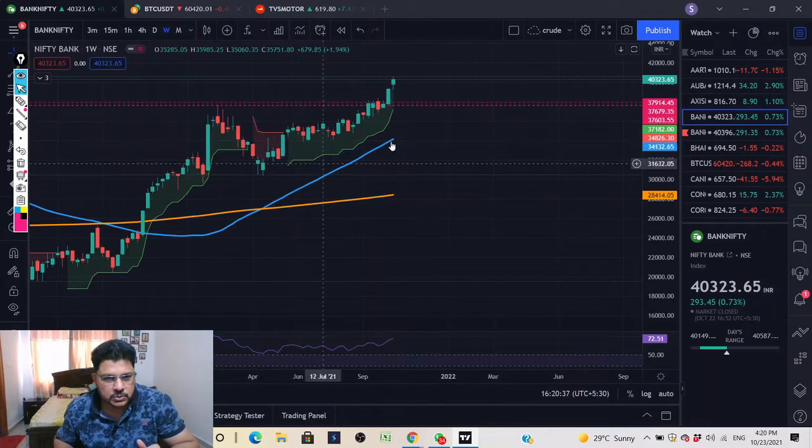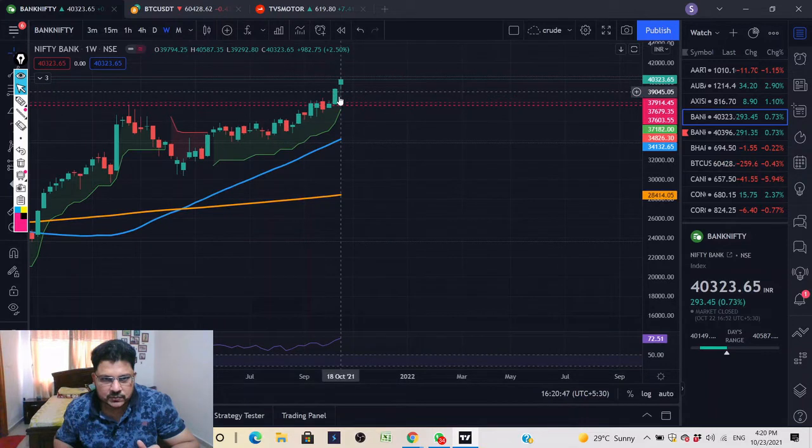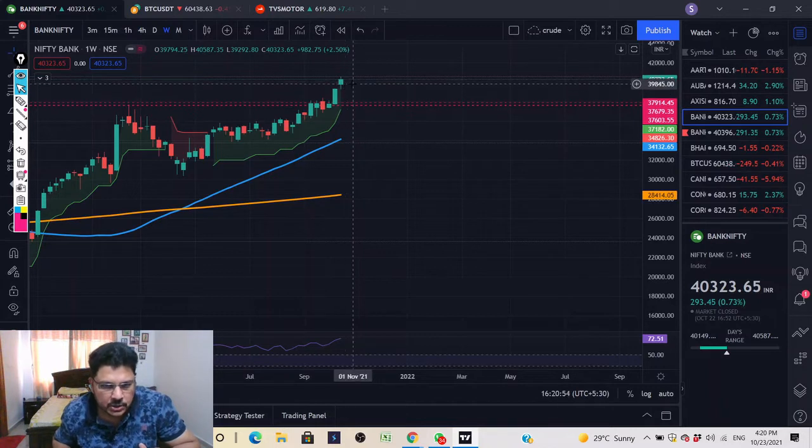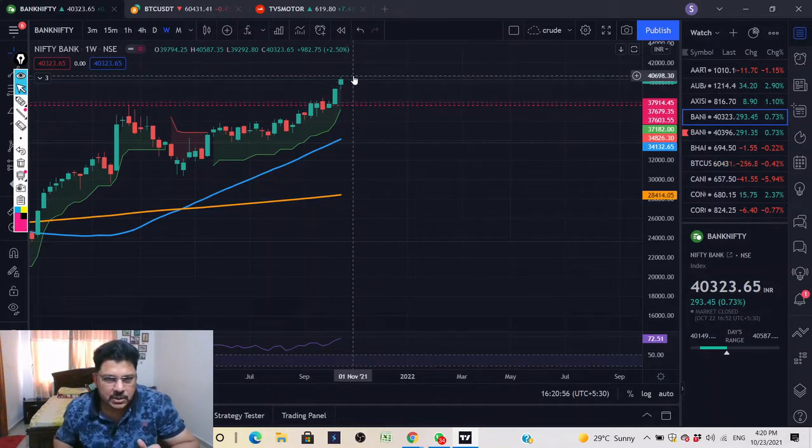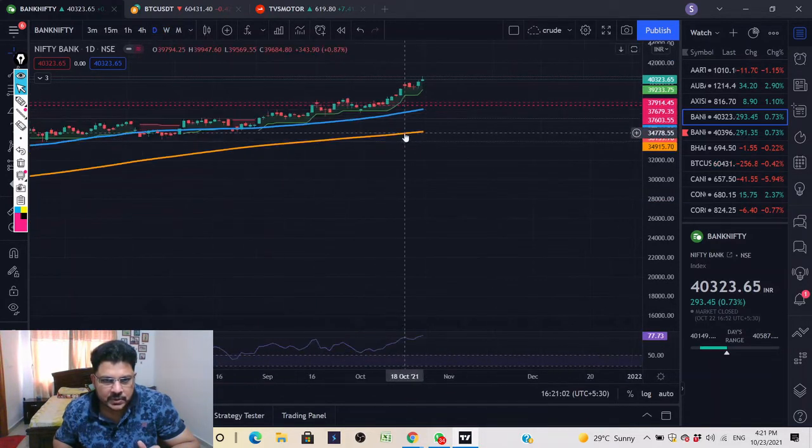Then we go to our weekly time frame. On the weekly time frame also, super trend is up and moving average is up, a similar pattern to what we see on the monthly time frame. Here there's a narrow range candle which has formed for last week, which is a kind of bullish candle, because I see the closing is pretty close to the high of the week. So let's analyze this on a daily time frame.